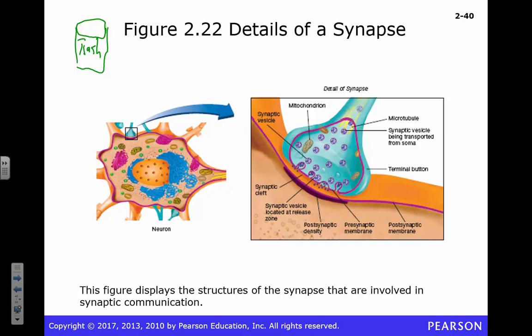So we've got that action potential coming down. By the way, this is really hard to draw on the side. When it comes down this axon, it's going to cause some funky changes. We don't really need to worry about that. We're going to shake loose these synaptic vesicles, right? They're going to be docked in here, not to worry. When we shake those loose, they go down to this presynaptic membrane. They're going to merge with that. They make these beautiful structures. They dump all these little molecules out into that synaptic cleft.